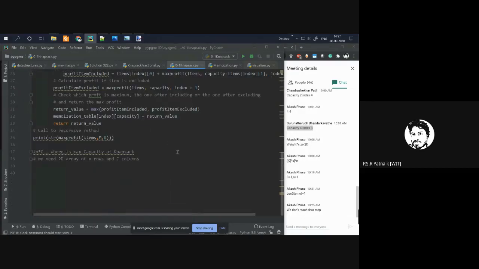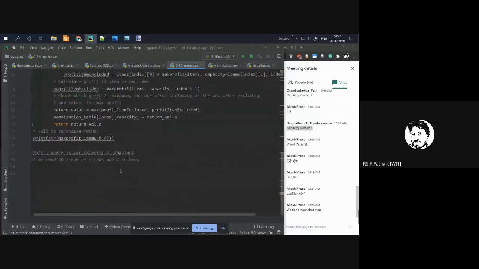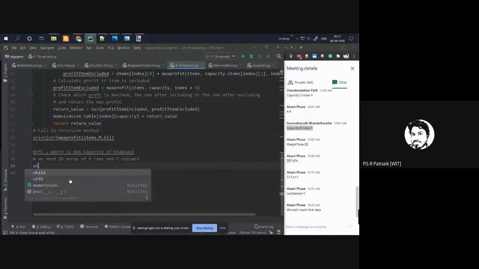So now what will be the complexity of this approach? Earlier, without memoization, what was the complexity? O of exponential.